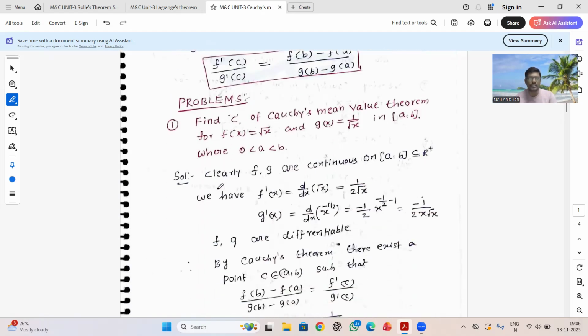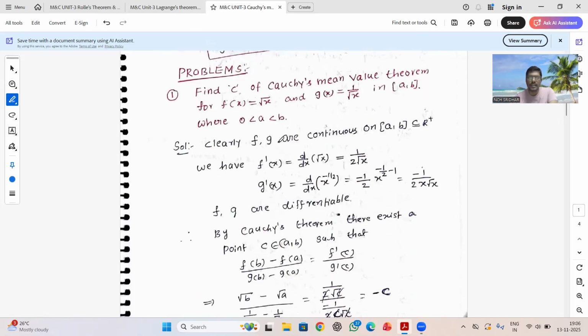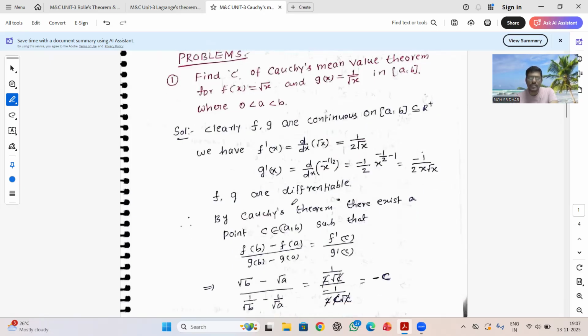Now we will do one problem on Cauchy mean value theorem. Find c of Cauchy mean value theorem using Cauchy mean value theorem for f of x is equal to root x and g of x is equal to 1 by root x in closed interval a comma b, where 0 less than a less than b. So clearly f and g are continuous on closed interval a comma b because they are a subset of R plus, right? We have f dash x, root x differentiation is 1 by 2 root x, g dash x, 1 by root x differentiation is minus 1 by 2 into x to the power of minus 1 by 2 minus 1, all you know that from your intermediate level, minus 1 by 2x into root x. Okay? Right. So f and g are differentiable